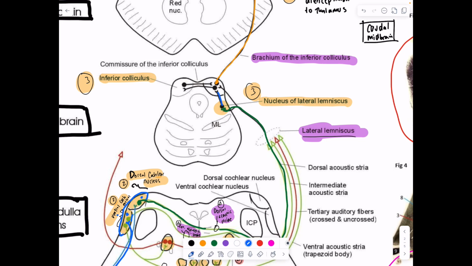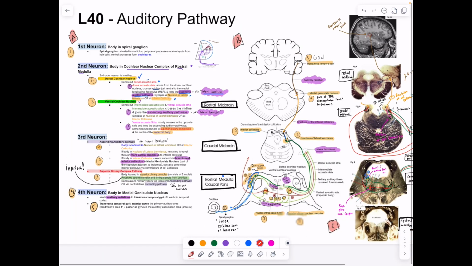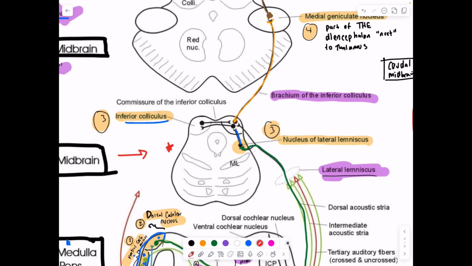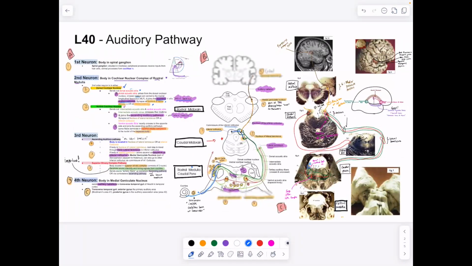send another axon to the inferior colliculus, which are like the eyes on the frog for the caudal midbrain. All right, so this is caudal midbrain right here, and we have made it to the inferior colliculus right here. Okay, inferior colliculi can talk to each other via the commissure of the inferior colliculi, and then before